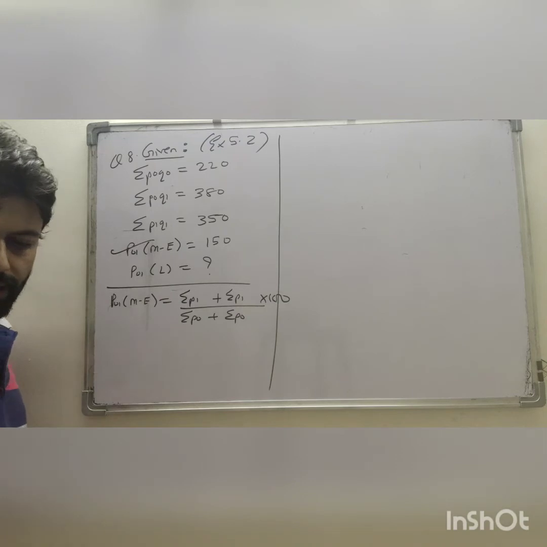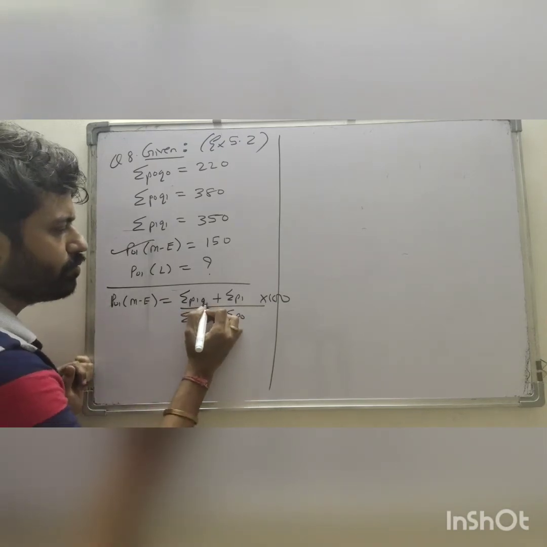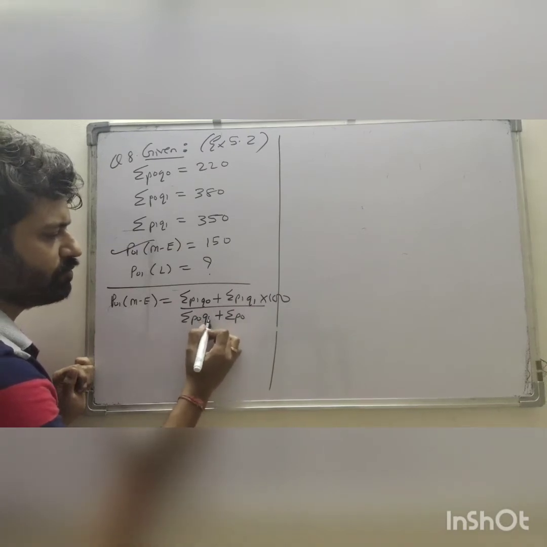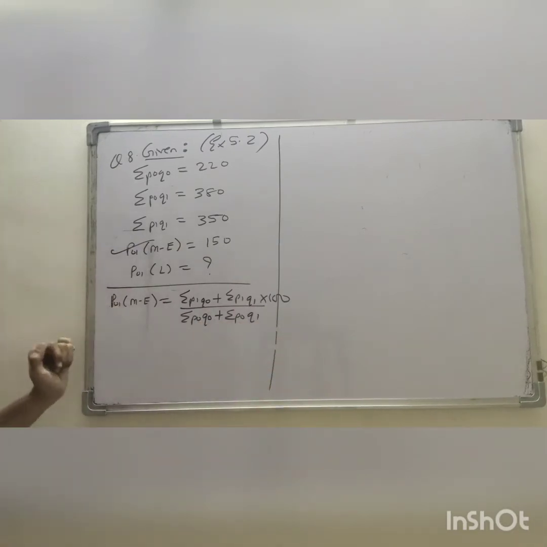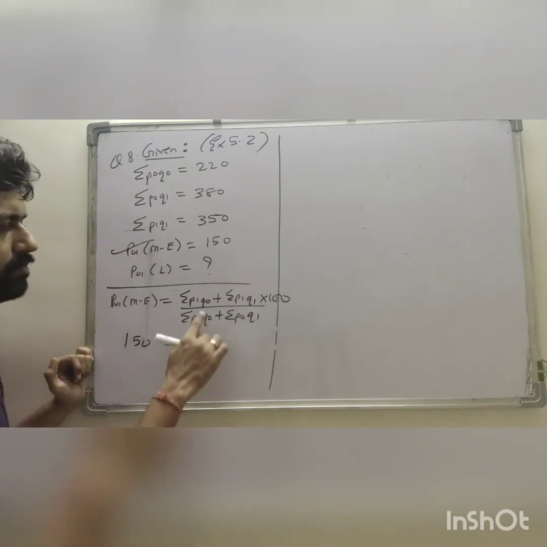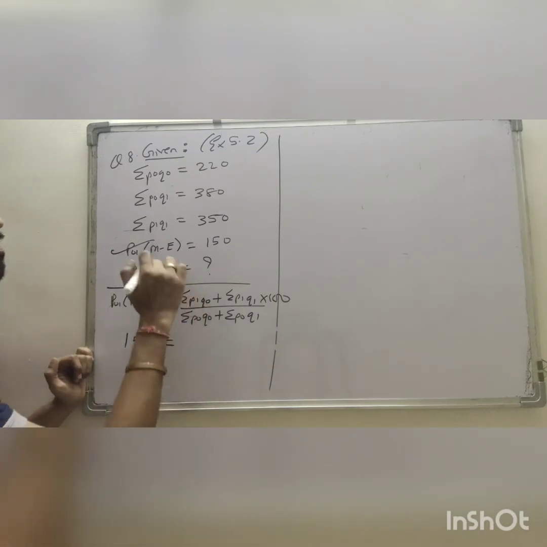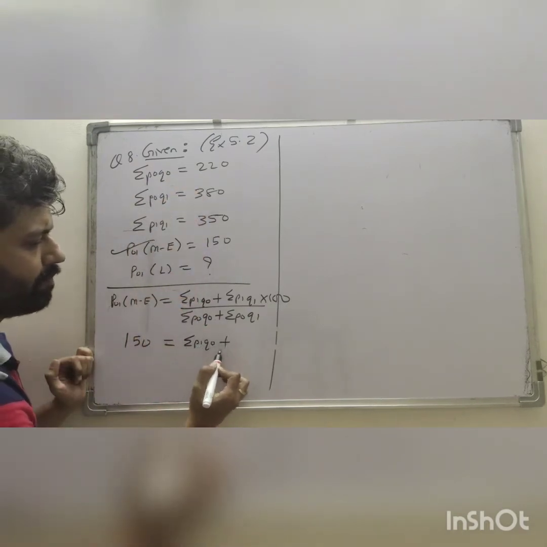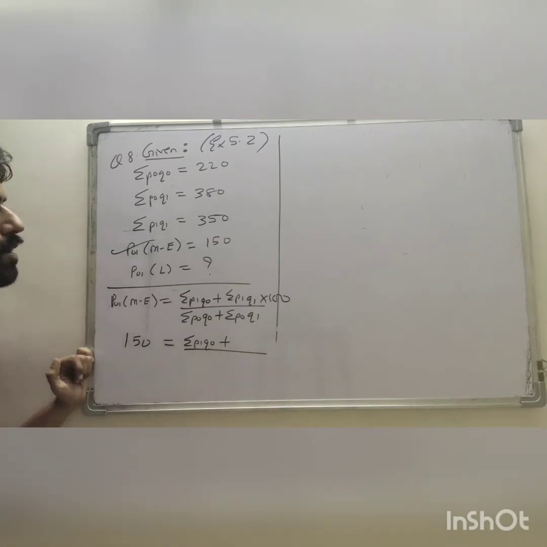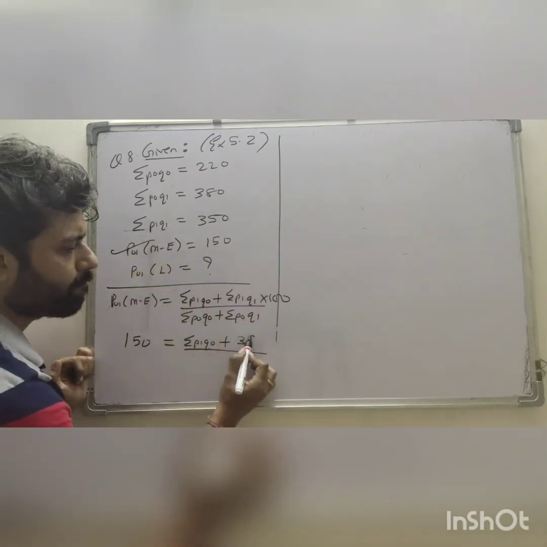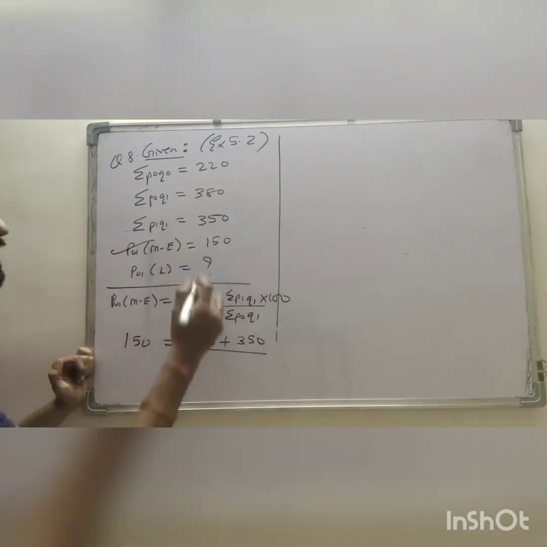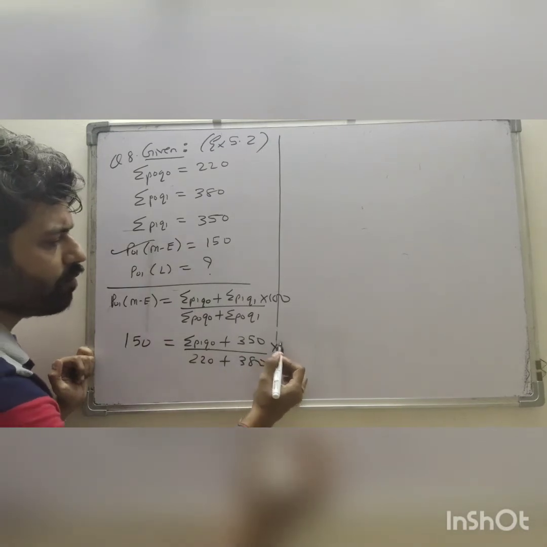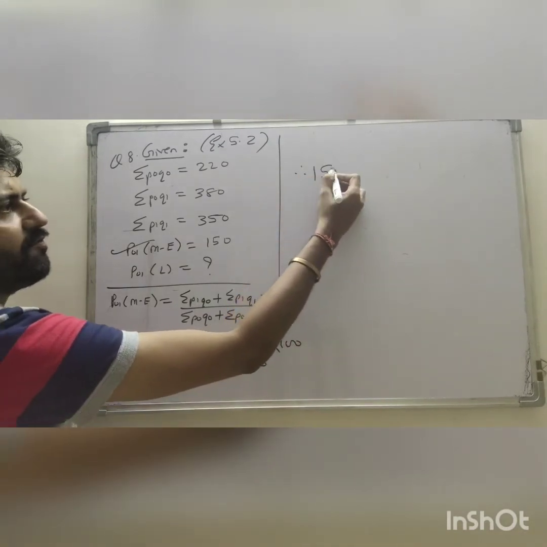Okay, here remember we use Q0, Q1. 150 is equal to summation of P1 Q0, that is what we do not have, plus summation of P1 Q1, that is 350, over summation of P0 Q0, we have 220, summation of P0 Q1, we have 380, into 100. So we get 150 is equal to